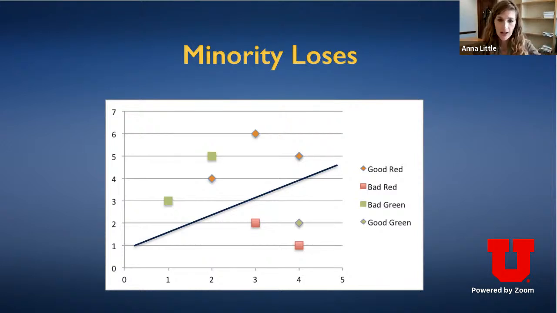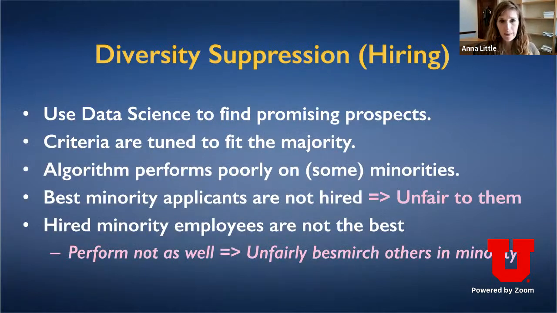The classifier is distinguishing the good from the bad for the red group, right? But the pattern is actually opposite for the green group. So the classifier it ends up finding does very poorly on the minority. And this is important, right? So we can think about how this might affect the minority. For example, if you think about hiring,